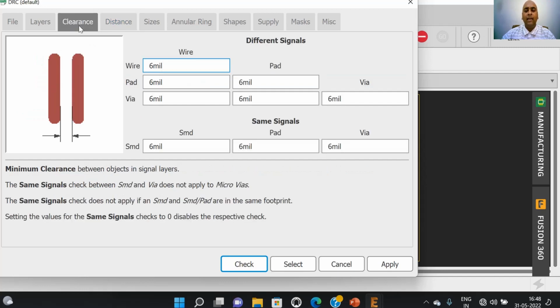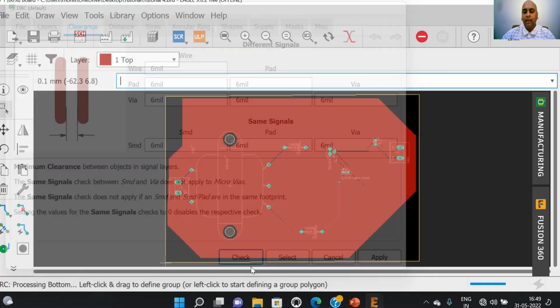By selecting clearances, we can insert what should be the minimum wire to wire distance or trace to trace distance, and what should be the minimum distance between wire and pad and wire and via as per the requirement of the manufacturer. After setting these values as per the requirement of the manufacturer, we can use the check button.